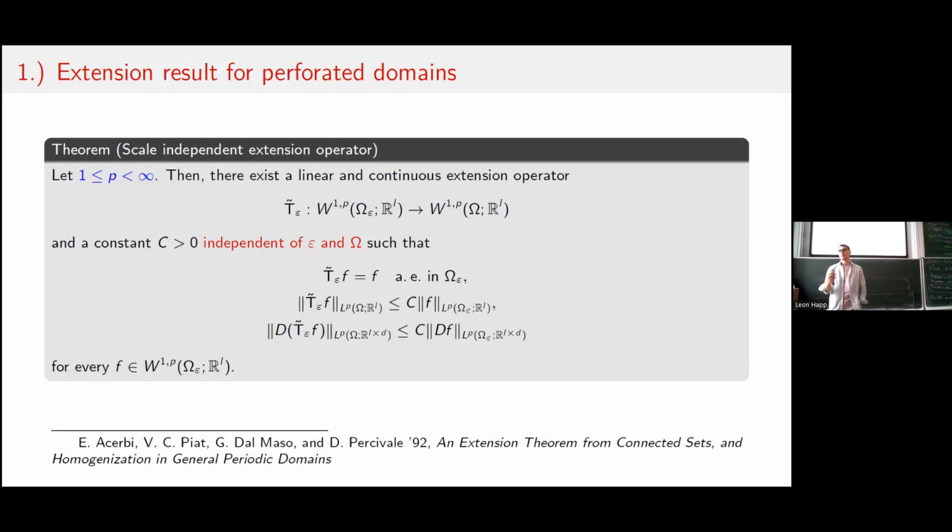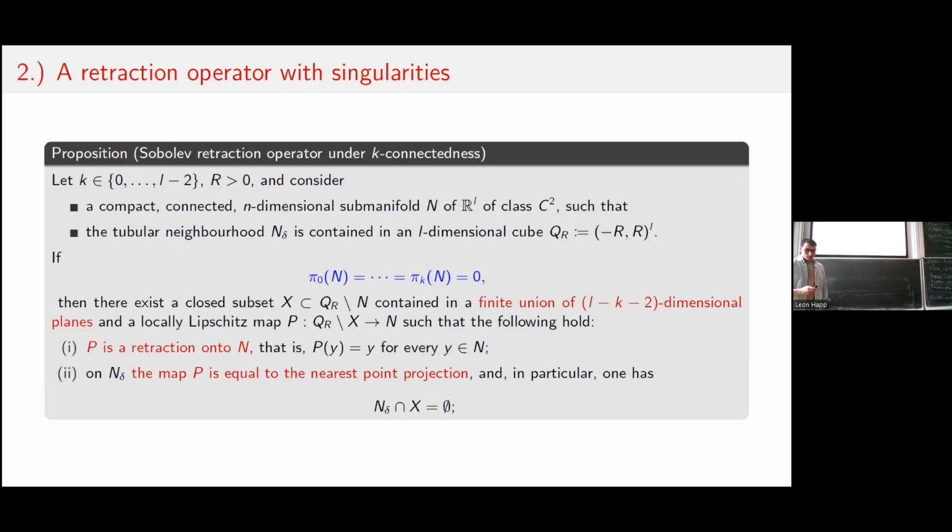And what do we have to do then? We have to get back to the target manifold. So we will work really in the ambient space of the target manifold. This is why this result is independent of your perforated domain omega in a way, because everything that will happen from here on is in the space of the target manifold. And that's why we will not have to put any additional conditions on your holes in forms of fundamental groups, for example. All these conditions are enforced on the target manifold here. So this is the retraction result.